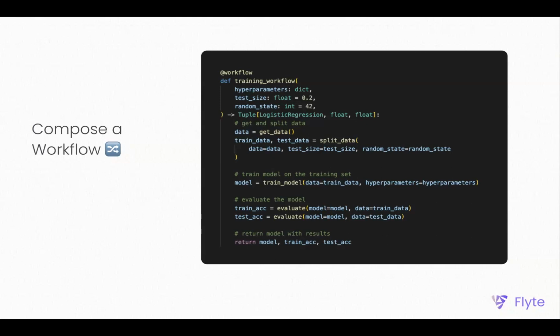I'm not sure if this will make sense here, and I'd have to show you an interactive demo that I don't have right now. But if I were to say at runtime, insert a breakpoint here and access this test accuracy variable, it's not actually going to be a float. It's going to be a promise. There's this promise abstraction where tasks at compile time only return promises. These are values that are yet to be materialized, and they're abstract. They're going to be materialized somewhere in the cloud, in your Flyte cluster. So that's the one caveat with workflows.